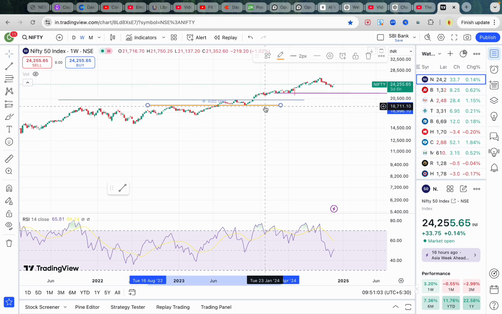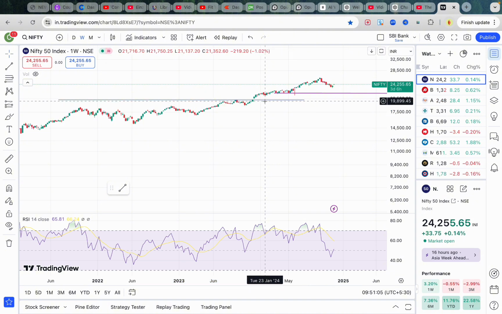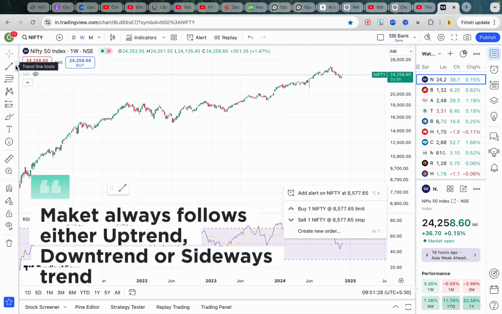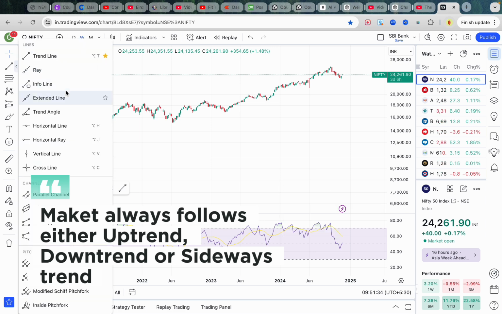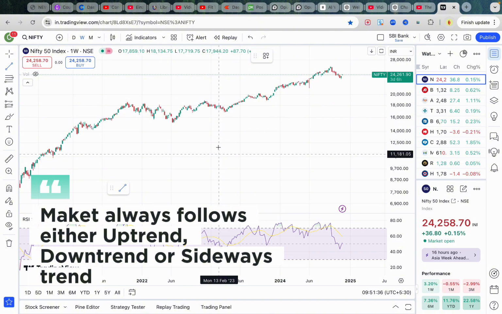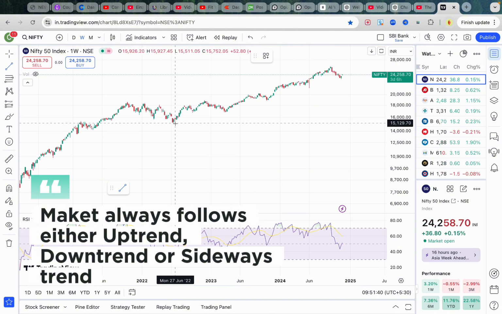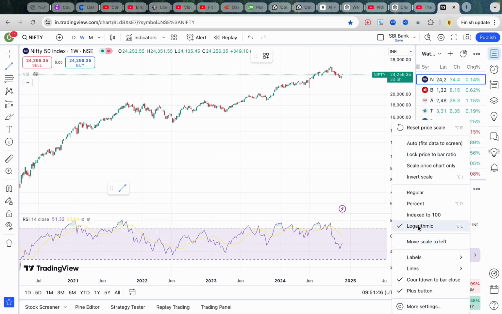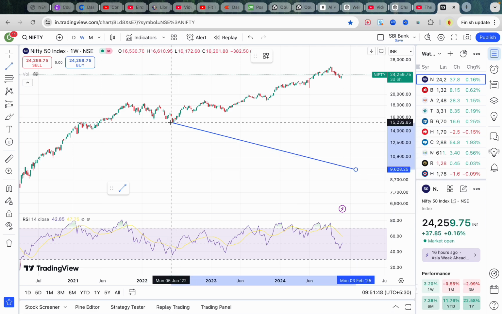Let me just delete all this quick, and let us start. So market always moves in three kinds of trends. Either it's going to be an uptrend, a downtrend, or a sideways trend. So for an uptrend, which is right now Nifty is in at the moment, to draw an accurate trend line, you first change the scale here to logarithmic, by clicking right over here, and then